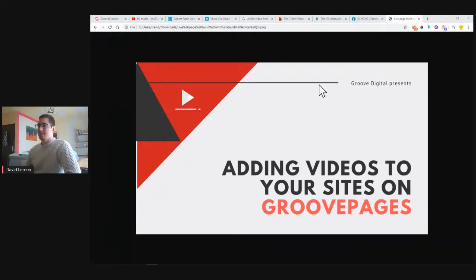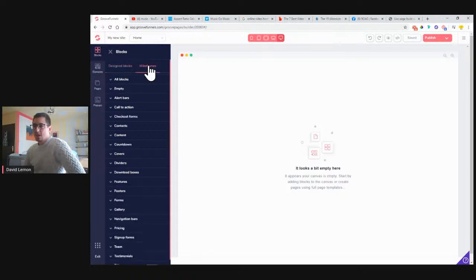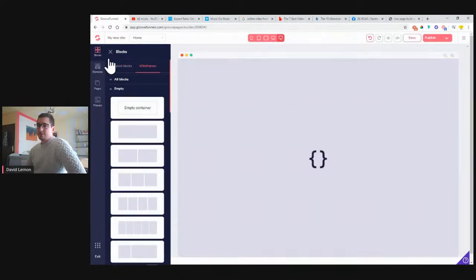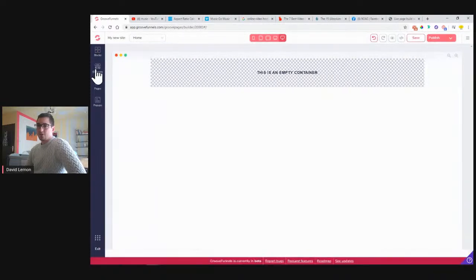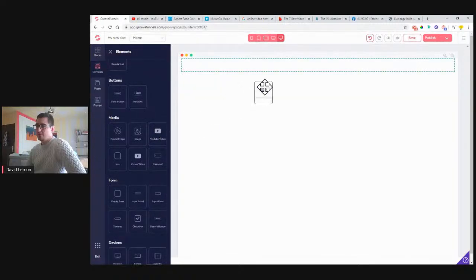your sites. So once we pop into GroovePages, GroovePages is the platform used to create beautiful websites. You can start with a pre-made template, but I want to just start from scratch. So I will just pull in an empty container. This will be just a demonstration so I show you what the problem is when you're trying to import a